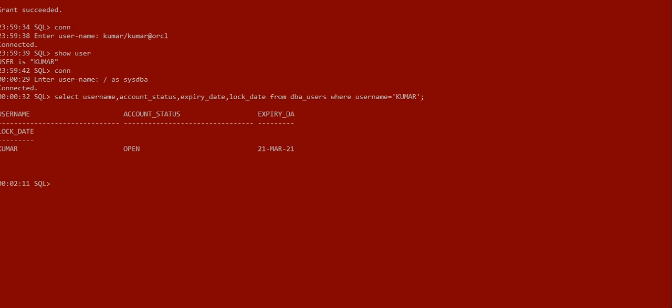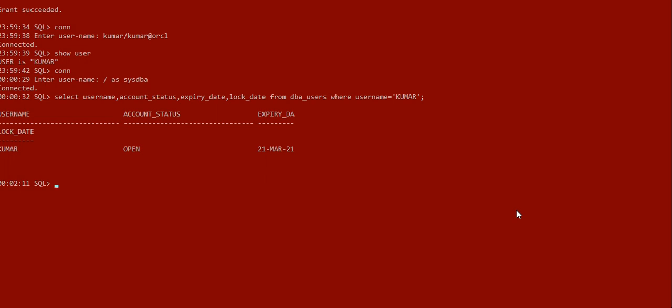Because sometimes users are gone or some persons have left the company, so we need to check whether that person is there or not. After that, we reset that password so that they can start connecting to the database again. One column is the lock date. Sometimes when we enter wrong passwords for the user, it will automatically lock. And the question is after how many wrong attempts it will be locked; it depends upon the value set in the profile.